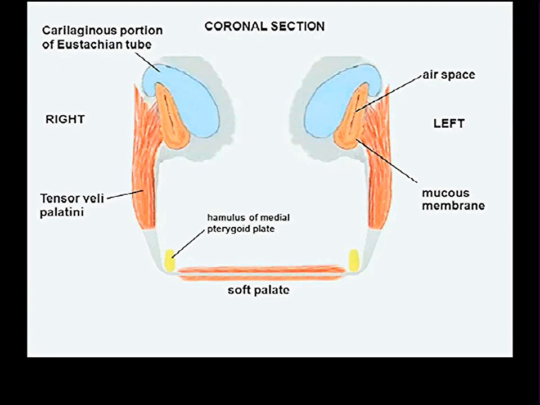And so this tube opens up repetitively to allow air to exchange and equilibrate the pressure between the external environment that you're in and the pressure inside your middle ear, and also to allow things to drain from your middle ear, fluid and things like that, through the eustachian tube. And the eustachian tube is primarily opened by a portion of this muscle called tensor veli palatini.